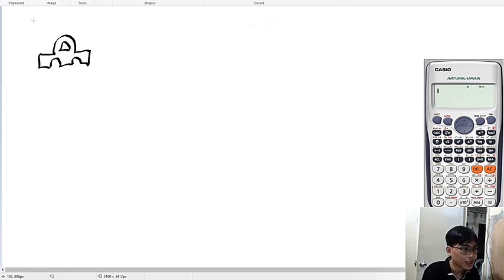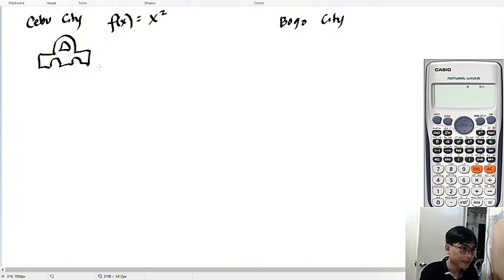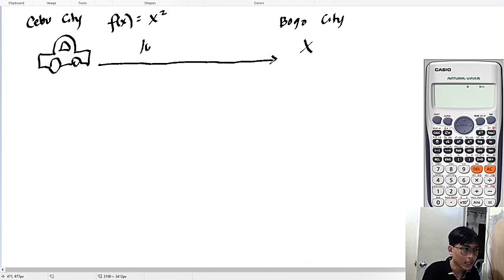From Cebu City, let's say it wants to go to Bogo City, and its speed is a function of a quadratic, let's say x squared. From this point to this point, it will travel 100 kilometers at exactly